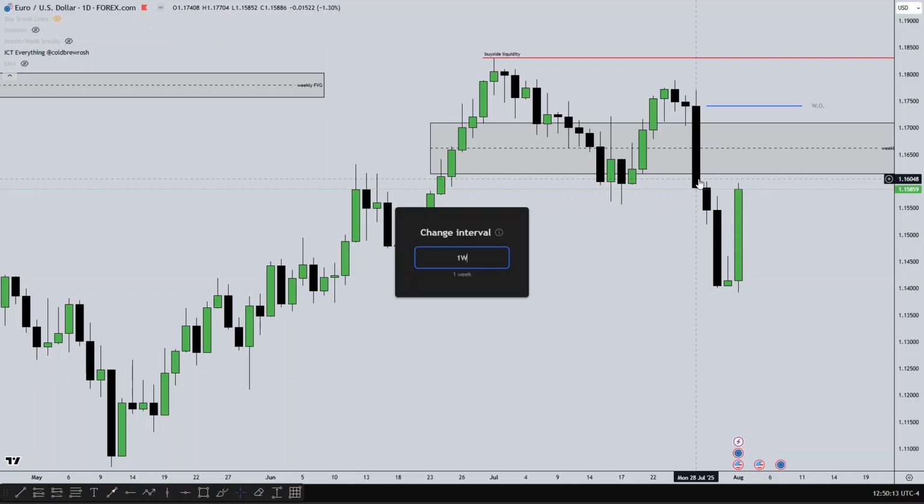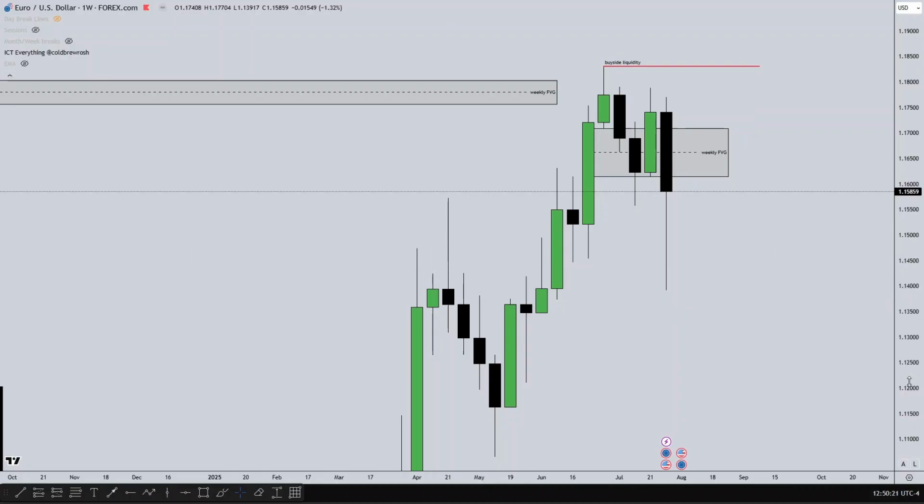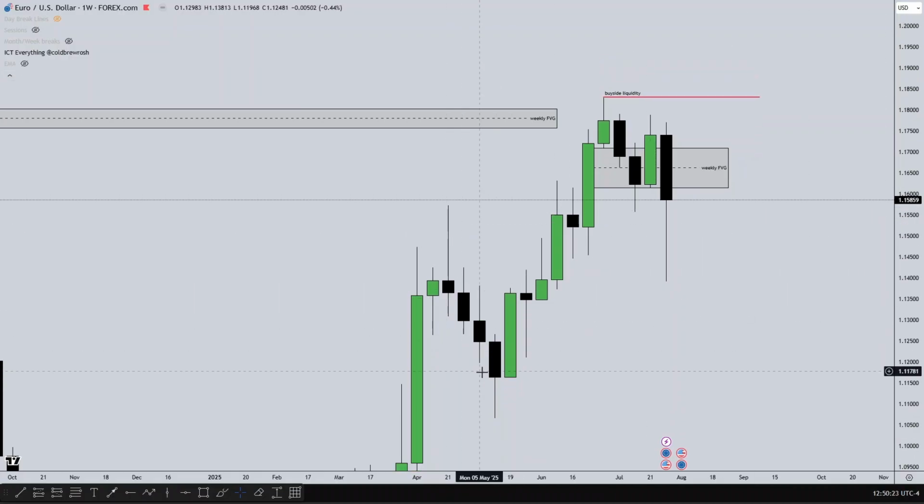But on a weekly bias, I clearly don't have a clear narrative for where price is going, because price might retrace back to this high. We're expecting this order block, we're expecting this consistent down close candle. Price might respect it and trade higher. But I'm paying attention to this order block, which price already traded below. So I currently don't have any bias of anticipating higher prices or lower prices from the weekly time frame, which I can use the daily for once we're into the week. On a weekly perspective, I don't have a clear weekly bias when it comes to EUR/USD.